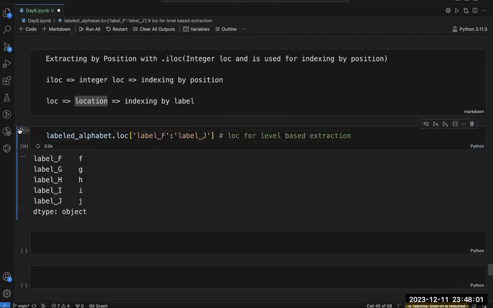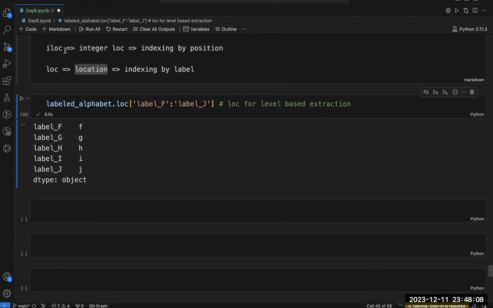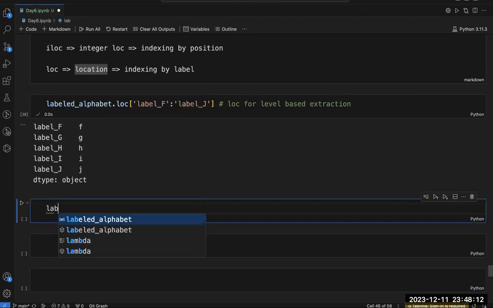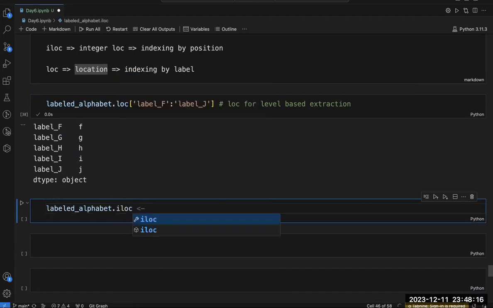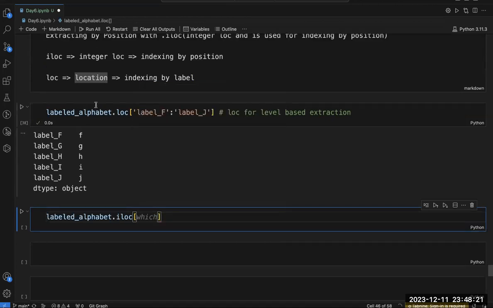And you have accessed this thing. Now, how will you use this dot iloc? If you write level underscore alphabet dot iloc, what do you see in the iloc? Integer location, indexing by position.